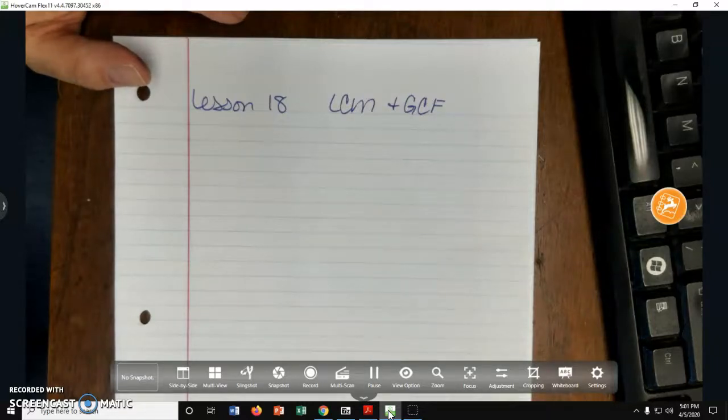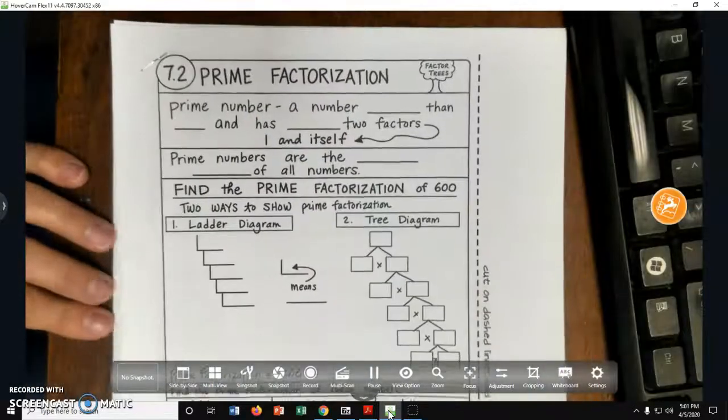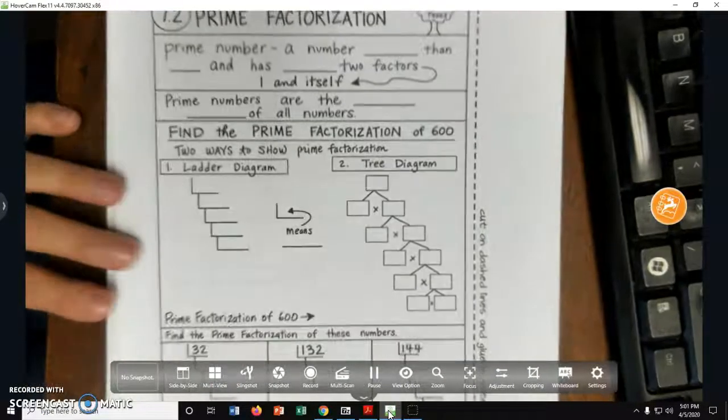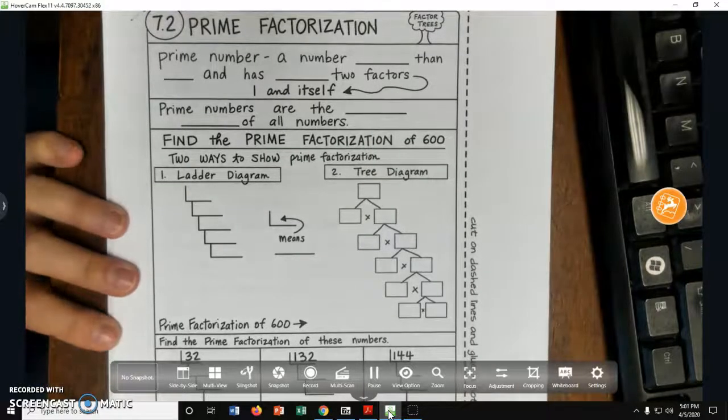So the first thing in your packets is one of your guided note pages, 7.2 prime factorization. We're going to do this first, just as a quick review, okay? So first, starting out with prime number. A prime number